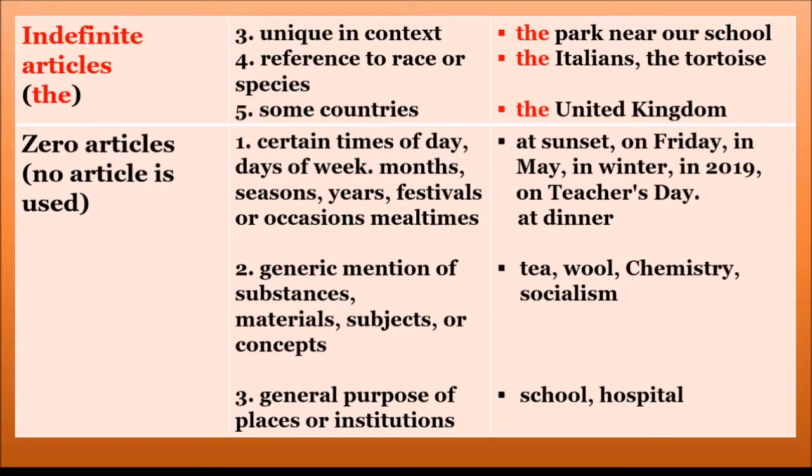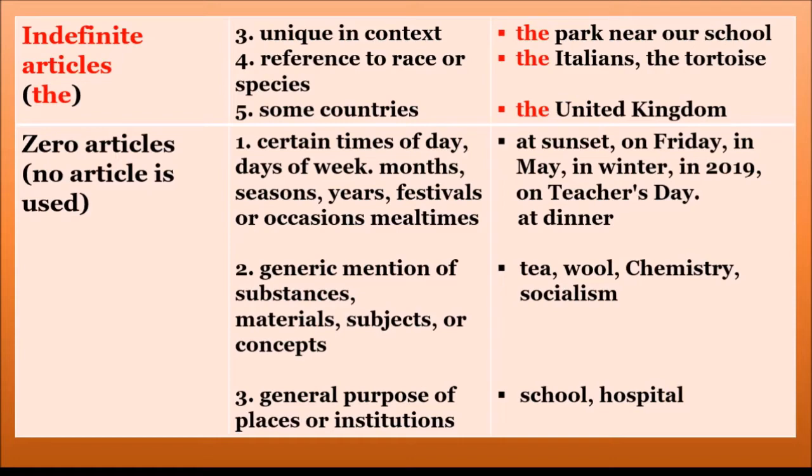Now coming to the zero articles. What are the zero articles, guys? Do you have any idea about the zero articles? We have already discussed that, right? Zero articles are used when we want to talk about a certain time, days of the week, months of the year, seasons, a period of time, whether it is a time, days, month, week, occasions or festivals. If we want to talk about a period of time, we will not use any articles. Zero articles, no articles, a or an or the, nothing will come here.